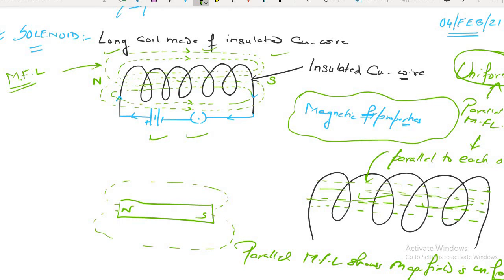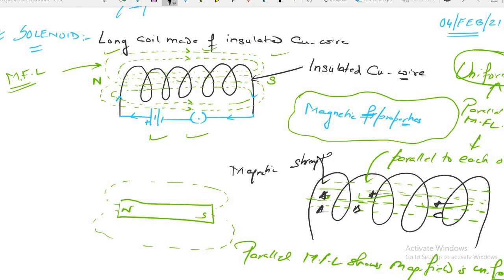Understood? What do you mean by uniform? At any point, if I take any point inside the solenoid, here or here or here, at any point A, B, C, the magnetic field strength is the same throughout.